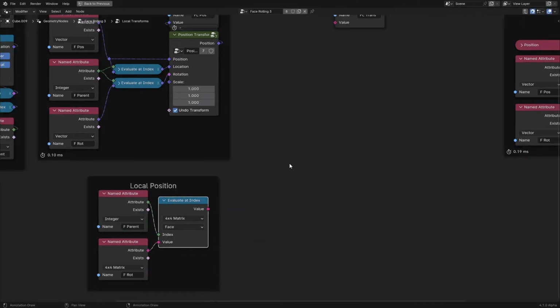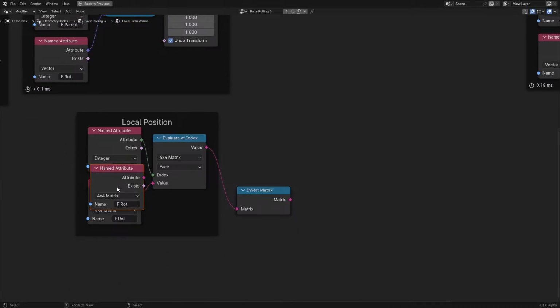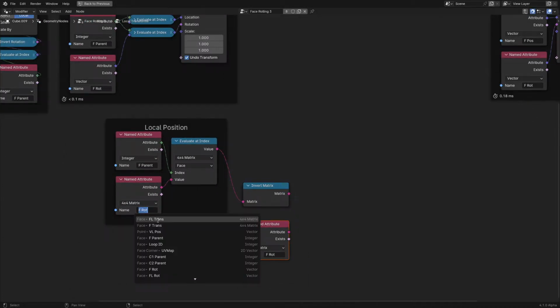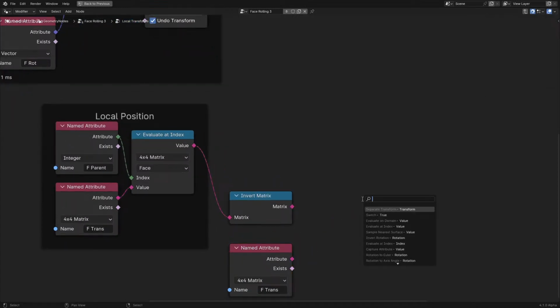That's good. Let's see. I really like how cool the sockets look. Like that, I like how saturated it is. That color is very, very nice. Okay, so there's invert matrix, which I think will play a part. We compare the current transform. Oh wait, what is this? Face trans. And then we,